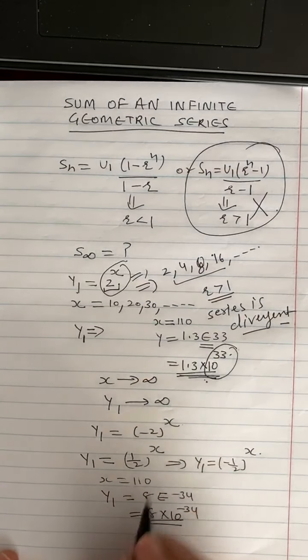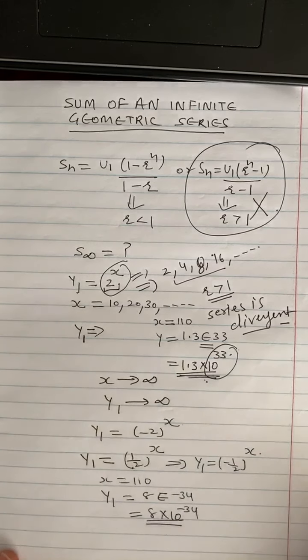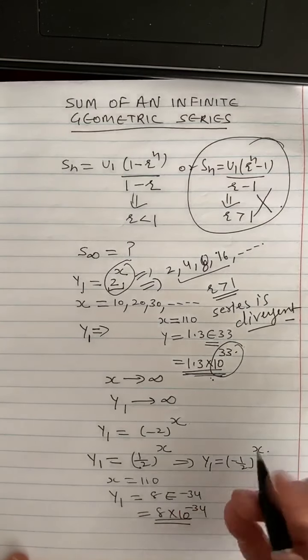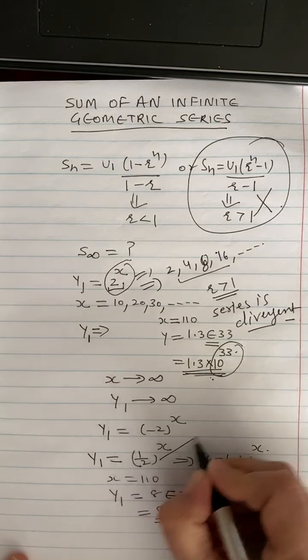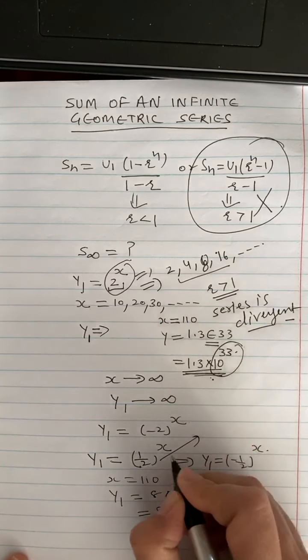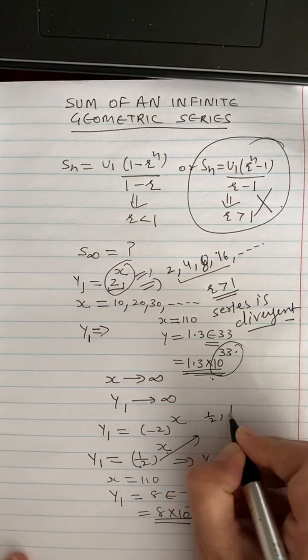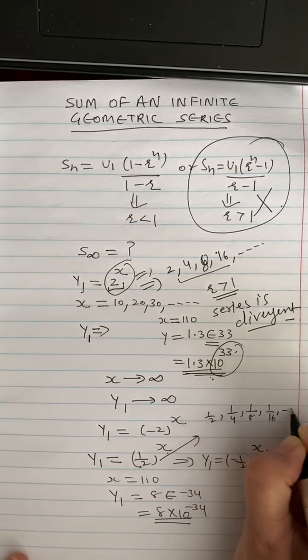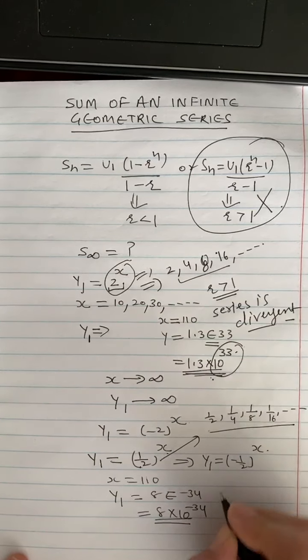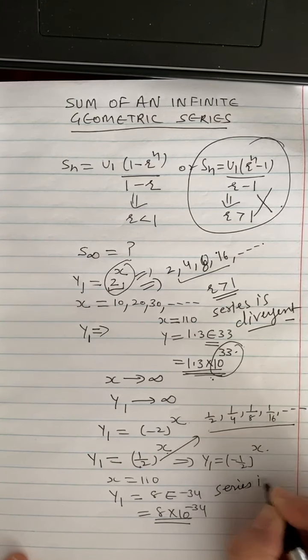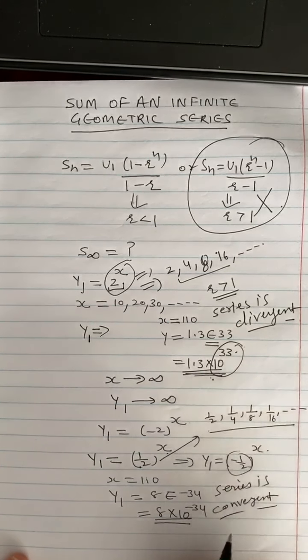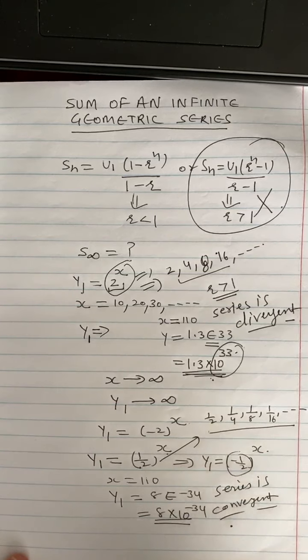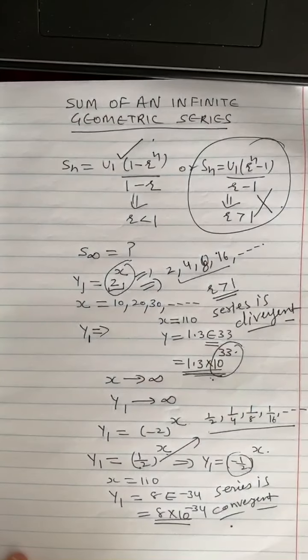Now here in this case, the values keep on decreasing and it will give us a sum. So the example of this will be if I take 1 over 2^x, starting from x equal to 1: 1 over 2, and then 1 over 4, then 1 over 8, 1 over 16. So we will get that thing. And in this case, we say the series is convergent. And we also looked at when r was negative half, the same thing was happening. So then we are going to work with this formula first of all.